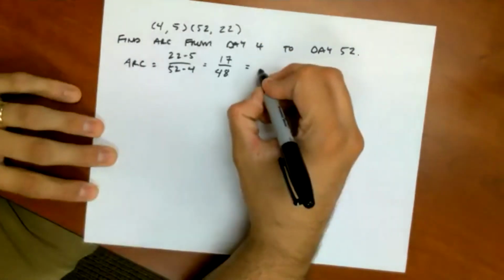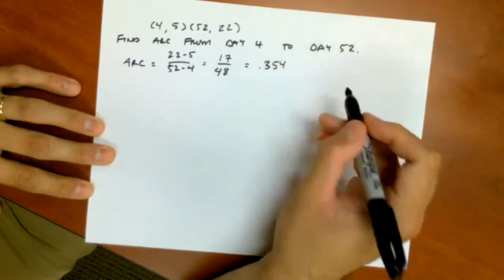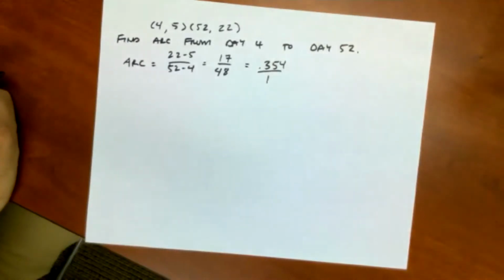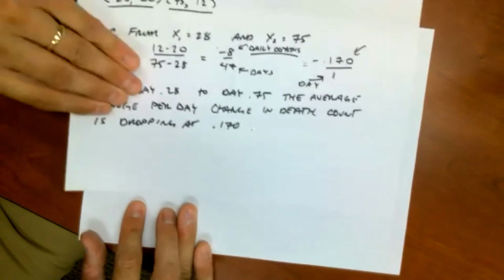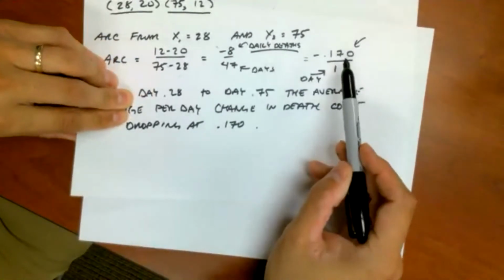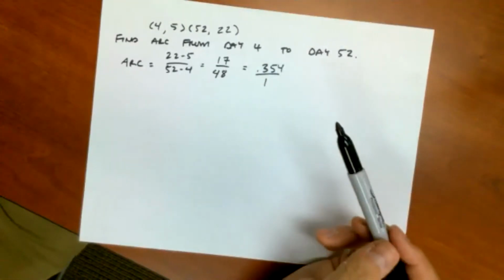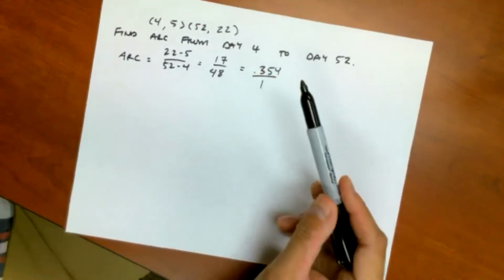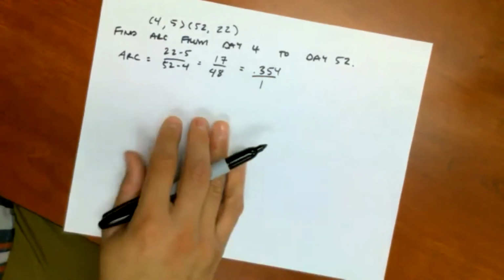So 0.3, I'm rounding this, guys, 0.354. I'm going to think of it as over 1. Okay. Now this is much different. So go back to here. We had a negative per day death rate drop on average for the other 2 coordinates we chose. For these 2 cherry-picked coordinates, we've got a really positive rate, right? I mean, what we're saying here, if we want to interpret it the same way, we would say